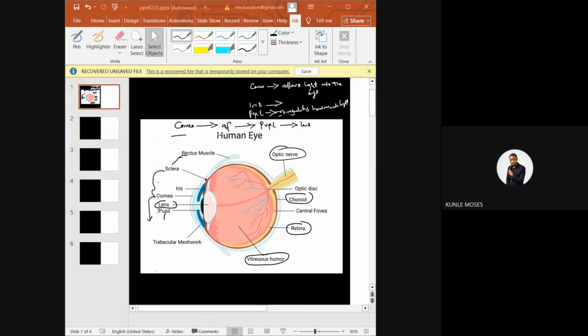And if you want to correct it, in case they ask you, you use a convex lens, or you call it a converging lens. It will help to bring the image to the front of the retina so that the person can be able to see both the near object and the distance object. Please, is that taken? Do you understand the difference between hypermetropia and myopia?